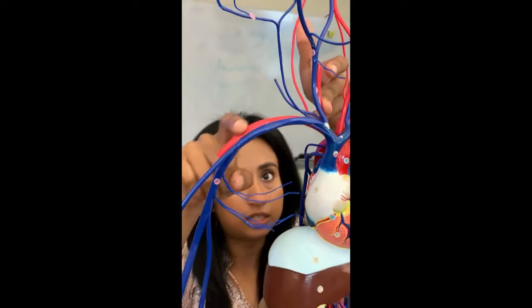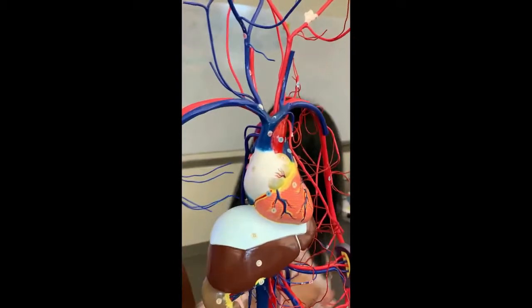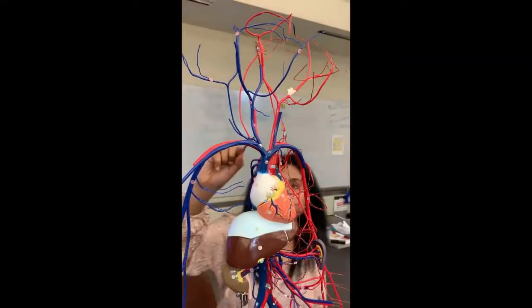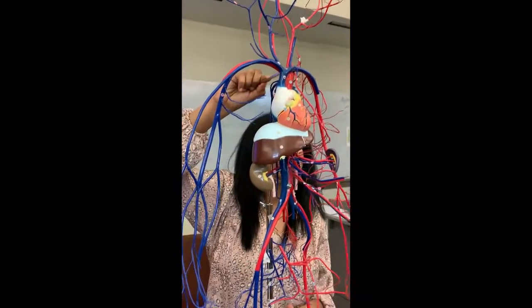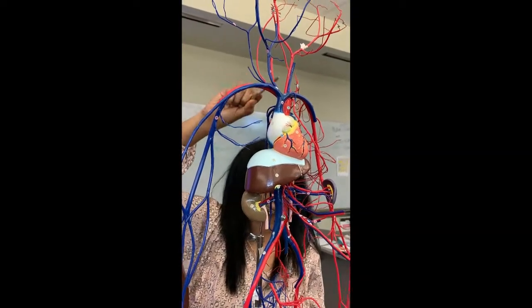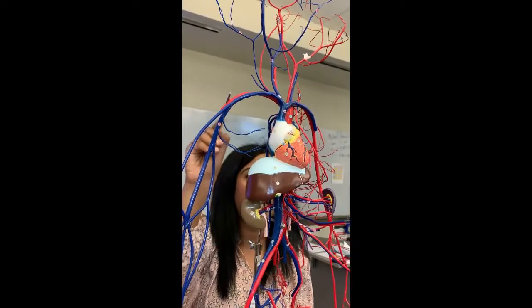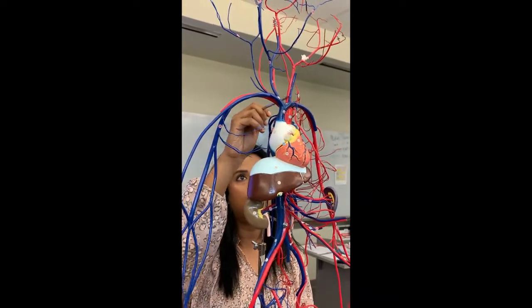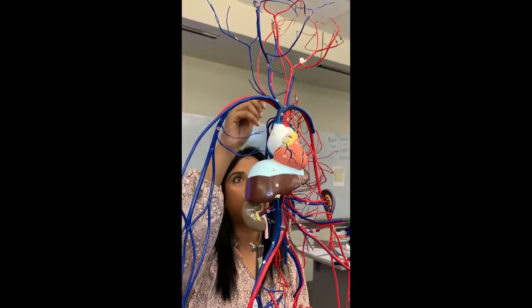This is the right subclavian. Where's my pointer? Let me get my nail. So this is the brachiocephalic trunk, right common carotid, right subclavian. Now this is the left common carotid and